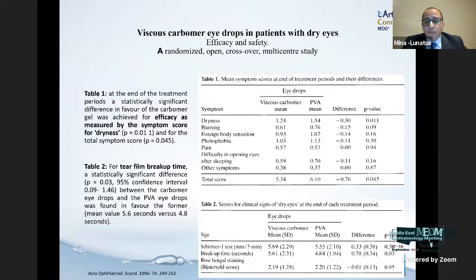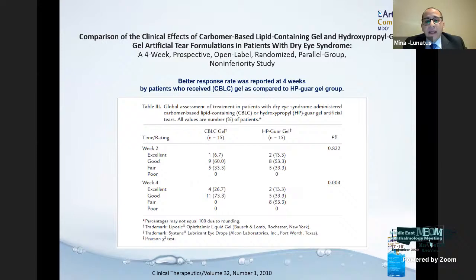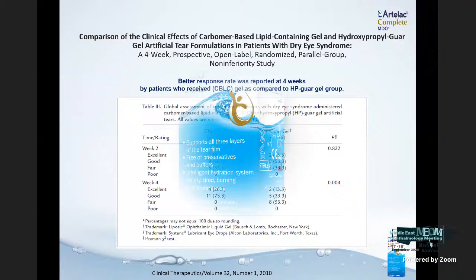Also, carbomer provides superior efficacy in reducing the symptom score of dryness and improving the tear film breakup time compared to polyvinyl alcohol, and provides better response rates after 4 weeks in the patients who received a carbomer-based lipid-containing artificial lubricant. In conclusion,